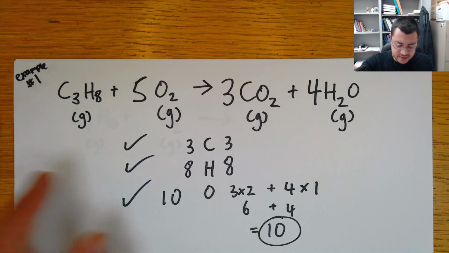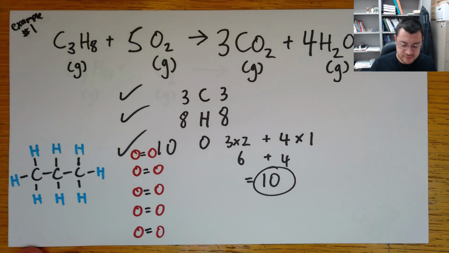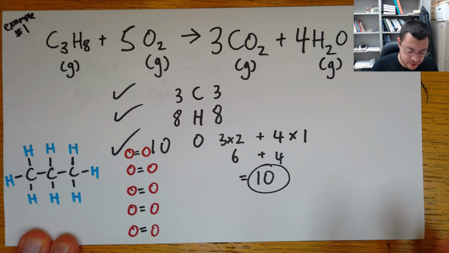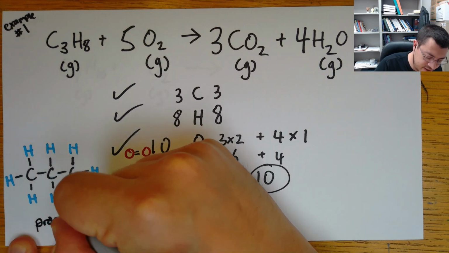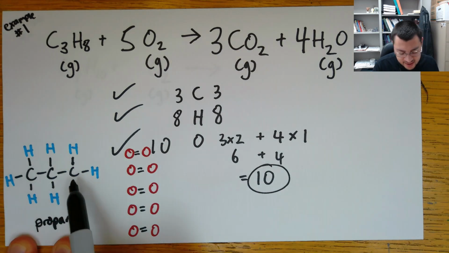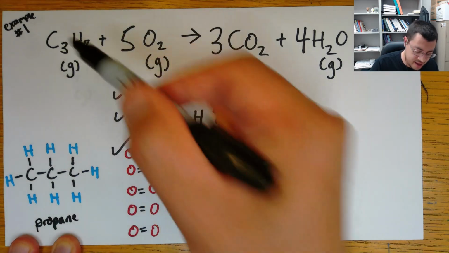If you get lost tracking the elements on the left and right side, I encourage you to draw some pictures. Here, let me pause, and then I'll show you my picture. All right, so here's my picture starting out. So here's our C3H8 propane molecule. What I've done is I put carbons in black, hydrogens in blue. You can see I have 3 carbons and